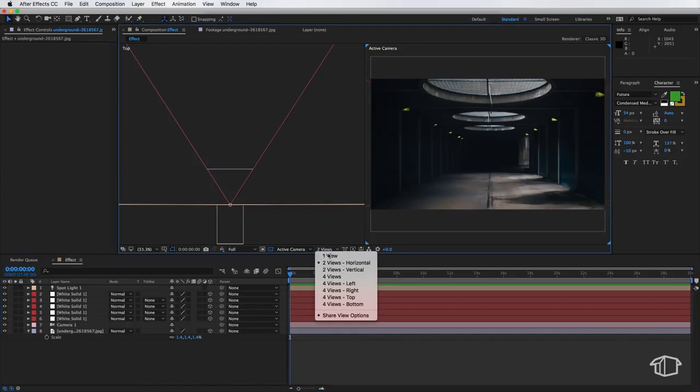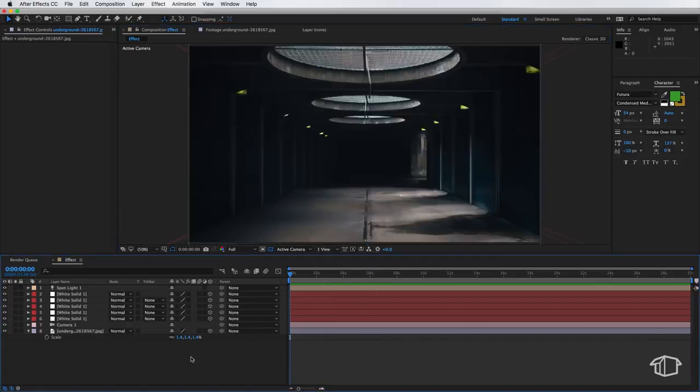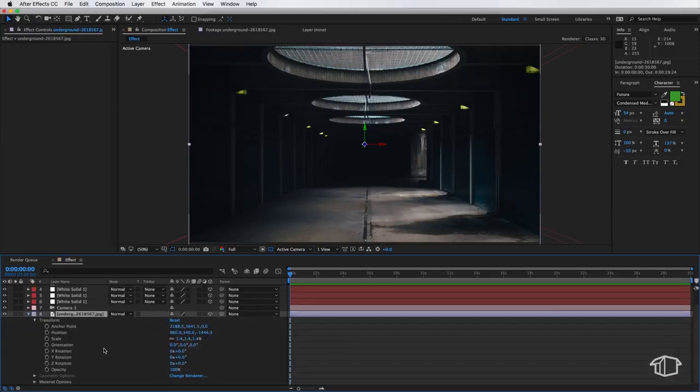Now I'm just going to go back to my original one view so I can see what I'm doing. At the moment, it looks exactly the way we had it before, but we have to do one last thing to our scene here, which is adjust the material options for our projector. Our layer at the moment is not transparent. So when the light hits it, the light's not actually passing through onto our background layer. So we need to make it transparent so the light can shine through this layer and project it onto our